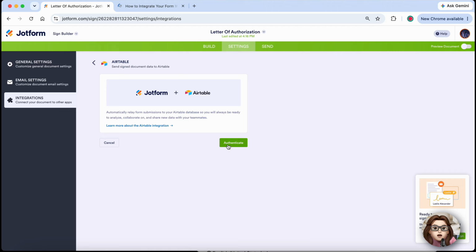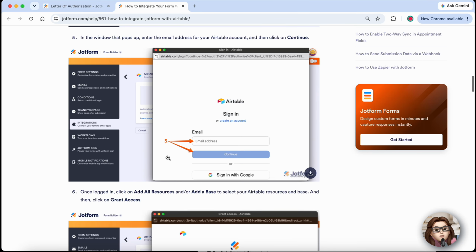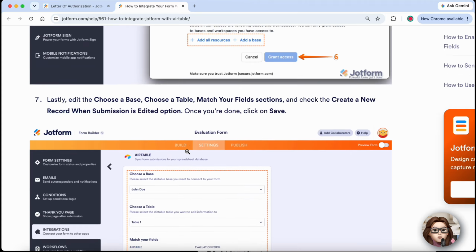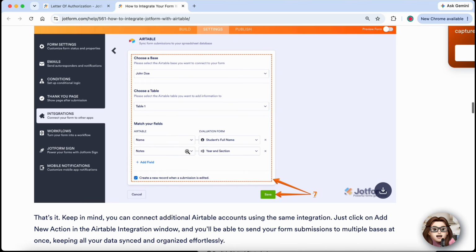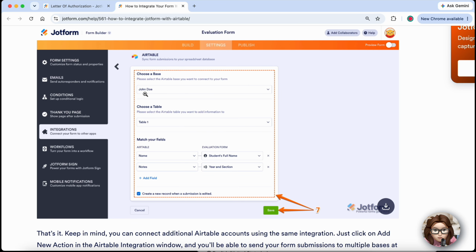Click Authenticate and sign into your Airtable account. If prompted, enter your Airtable API key or authorize the connection to allow Jotform access. Once connected, choose the Airtable base where you want to store your data, then select the table that will receive